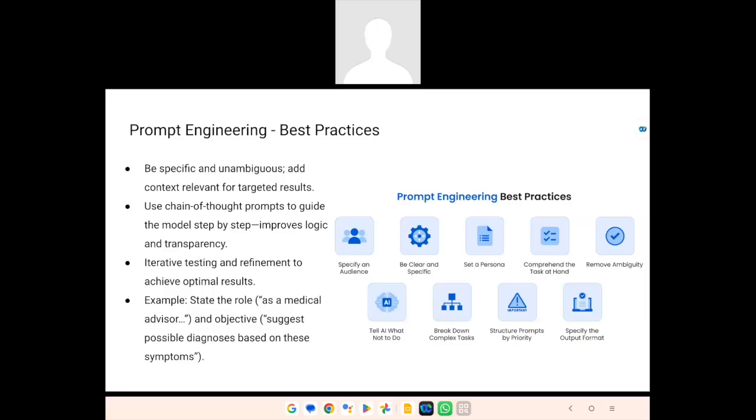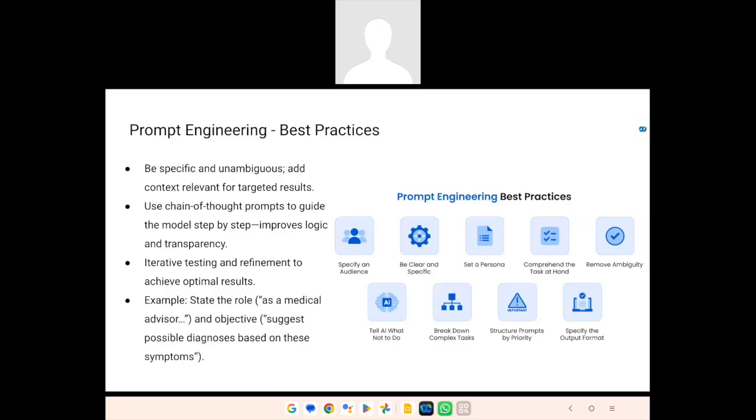Okay. You have to remove the ambiguity. You have to say what not to do, what to do. Because if you didn't say what not to do, it may result in giving out some sensitive information. Okay, you have to structure the prompts and then you have to specify the output format.